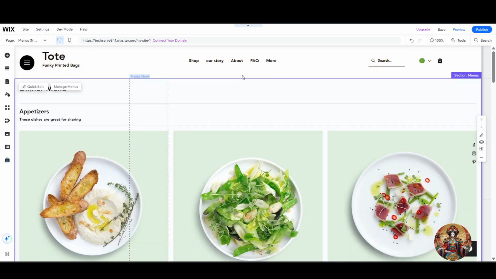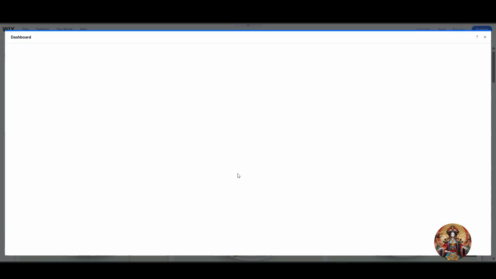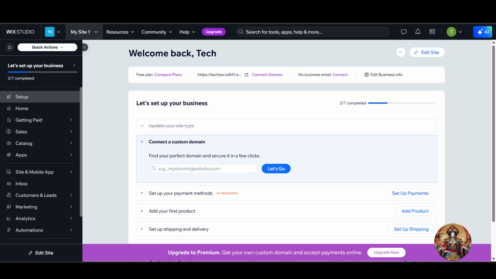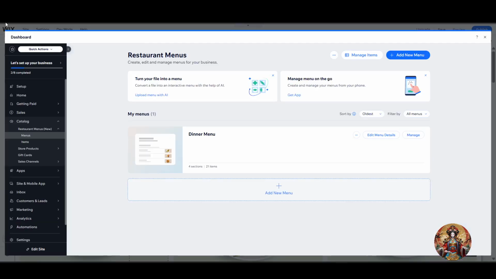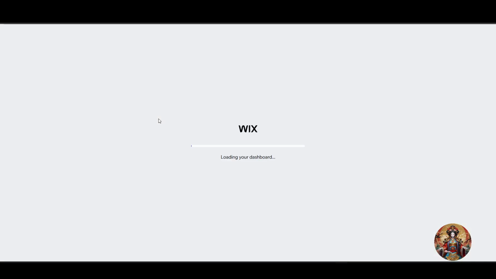Now if you want to edit from here, you can edit as well. For example, you can give a quick edit. Now for example, you have different content in the menu page. What you can do is simply add. Let me see if I can edit this template or not. Okay, what we have to do is simply click on save, and then click on done, and go back to the Wix dashboard